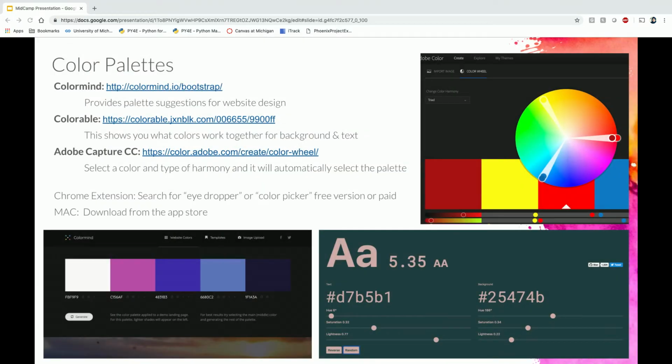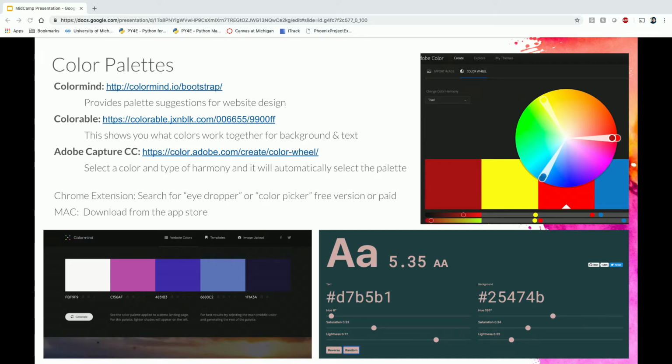So building it out of web development, here are a few websites that you can go on to if you're not great with colors. ColorMind is really great because it shows you all the palette colors of the different versions that you want with the hex colors, so that you can copy and paste it into your codes. Colorful gives you the color palettes for the texts. So if you're not sure what backgrounds work or not, you can toggle around with the bars and you can see the hex codes, and then they'll tell you if it's accessible or not for your